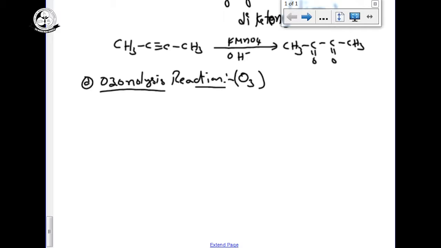Previously I told you that ozonolysis means just break the double bond and add to both sides. In the short method, on ozonolysis of alkenes, just break the double bond and add 2 oxygens, that is enough. But here, ozonolysis of alkynes